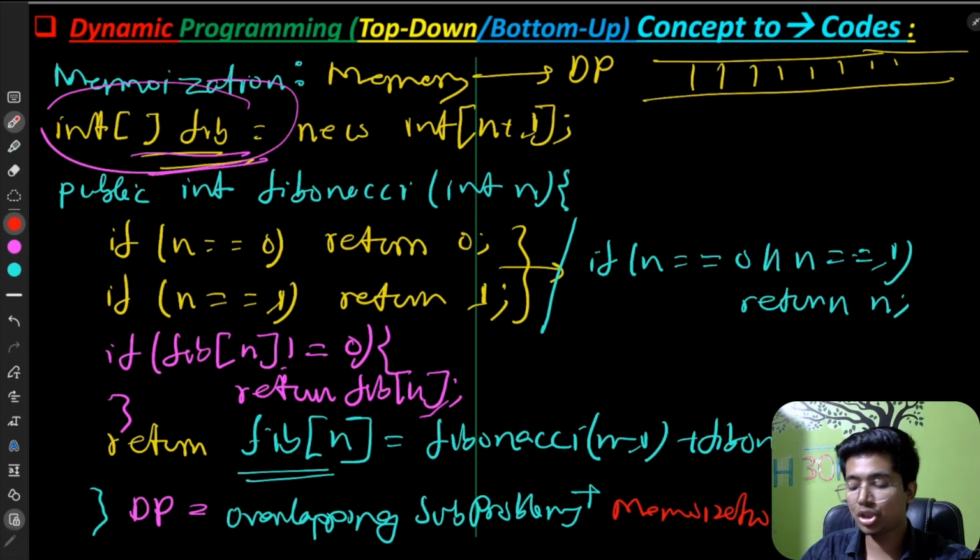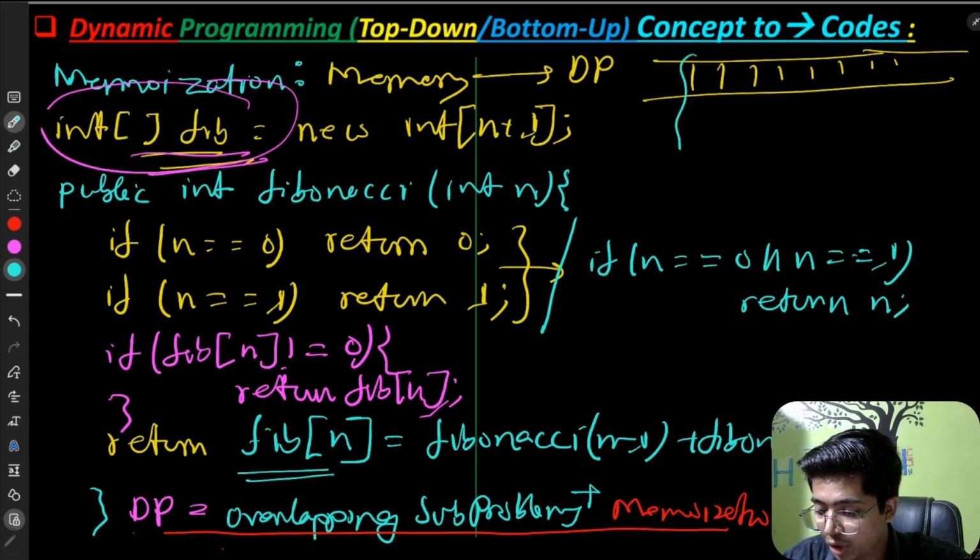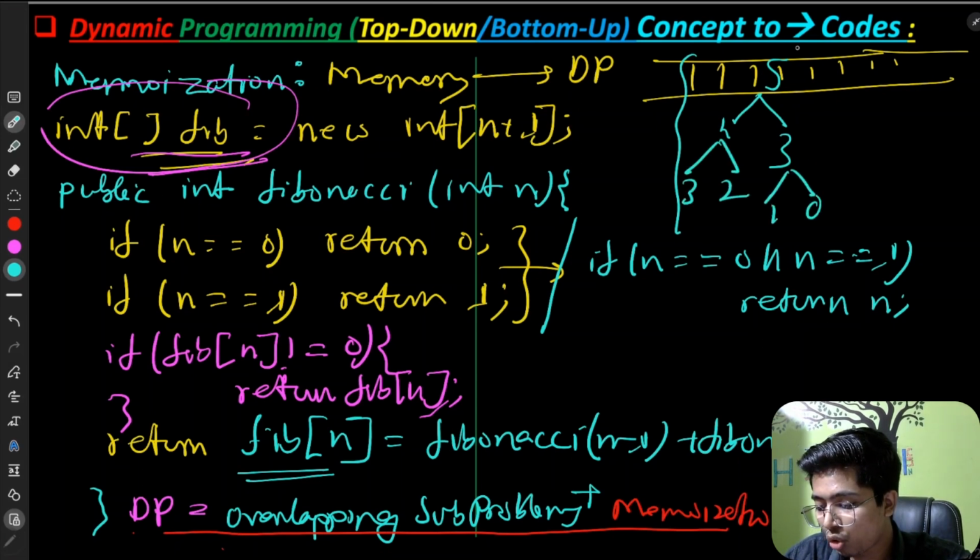So if you get those overlapping subproblems plus memoization, it becomes dynamic programming. Now we'll be looking at the second method, that is top down. So let me tell you why this name is top down. Look, we started this program from 5. So after this, 5 is divided into 4 and 3, because n minus 1, n minus 2. 4 is getting divided into 3 and 2, 3 into 1 and 0. So from top value 5 we are decreasing the